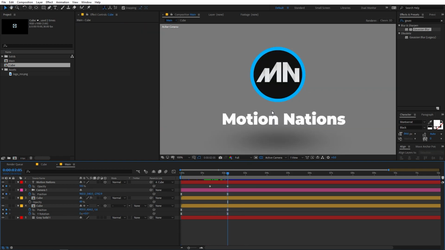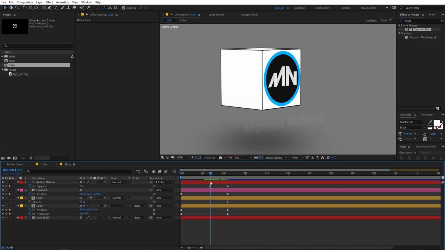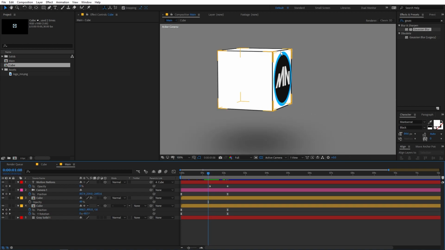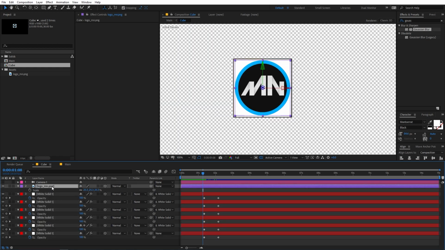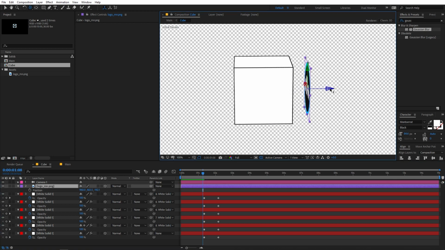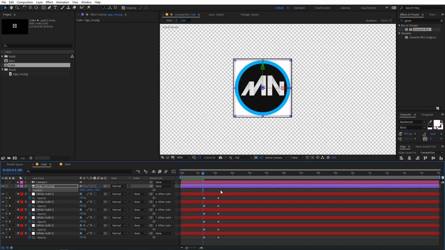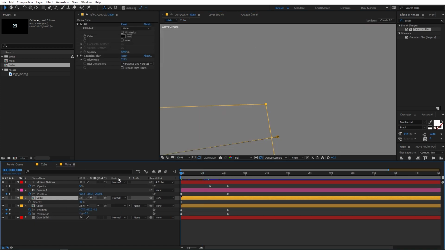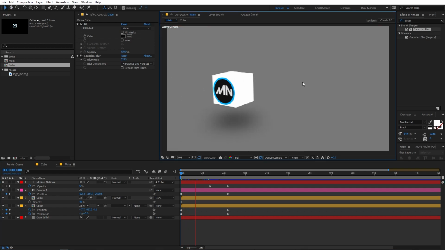Now sometimes you might run into a few problems. The most common one is sometimes your logo will start clipping and it will show only half of the logo or probably none of the logo. And in order to fix that, all you have to do is just simply go inside the layer and then just simply press P, and you can move the logo more to the front, just like this. Let's enable the camera and I'm going to quickly show you. Just move the logo a little bit to the front, something like this so that it's not behind the shape layer. So this will fix that. So this is how you can create these kinds of 3D logo reveal animations.